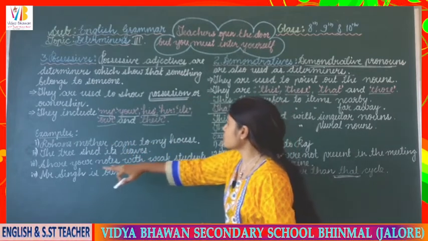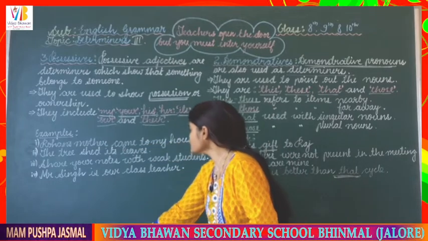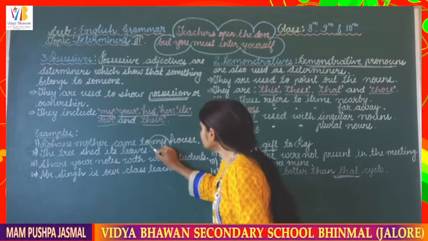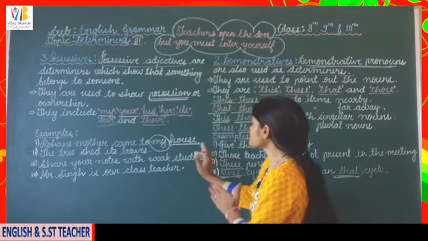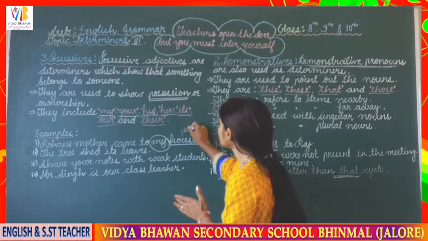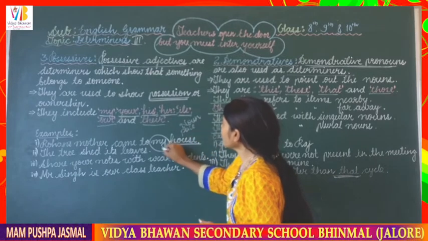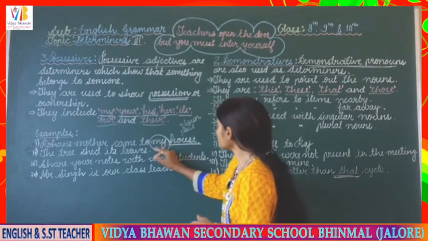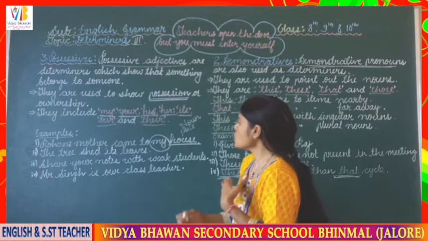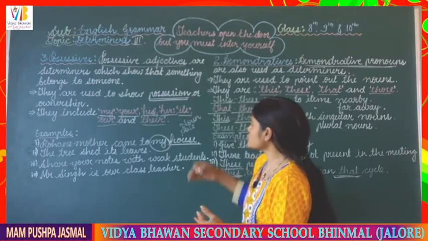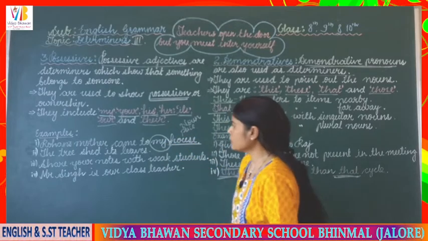So the first example: Rohan's mother came to my house. So dear students, my का उपयोग किया है. Where we have used it just before the house. Then this is the place, the name of a place and a noun. Noun से पहले my का यूज हुआ है. Means ये relation show कर रहा है ये घर किसका है? मेरा है. My house it is. So Rohan's mother came to my house. In this way I am showing the possession of the house to the speaker.